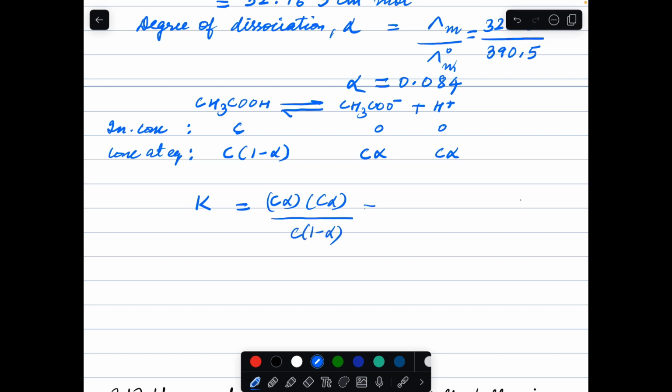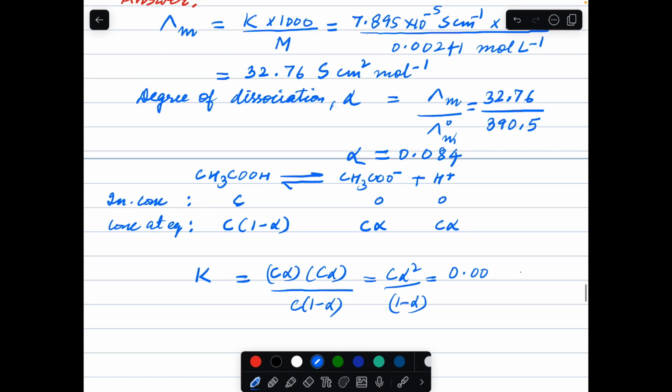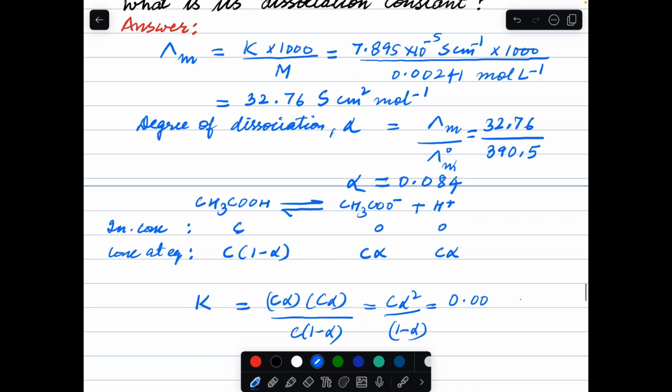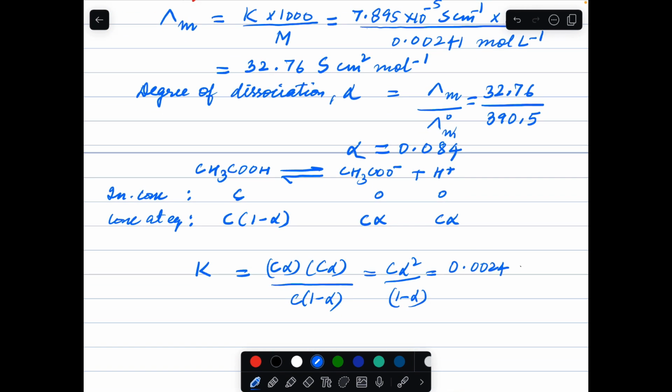Okay, so we'll be getting here C alpha square divided by 1 minus alpha, and we will put down the values here. Values are first is given, that is 0.00241,